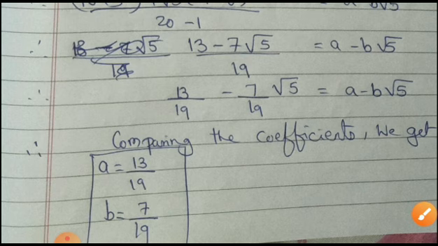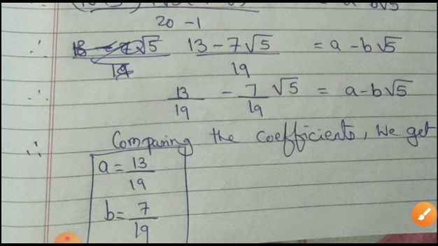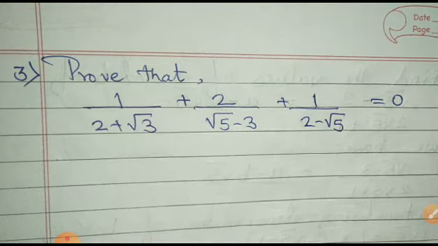But in this problem, on the right hand side, it is minus B. Okay, so it should be what? So here minus, here minus. Okay, so what will be the value of B? Only this number. So I have written that B as 7 by 19. Hope this is clear. Now, prove that 1 by 2 plus root 3 plus 2 by root 5 minus root 3 plus